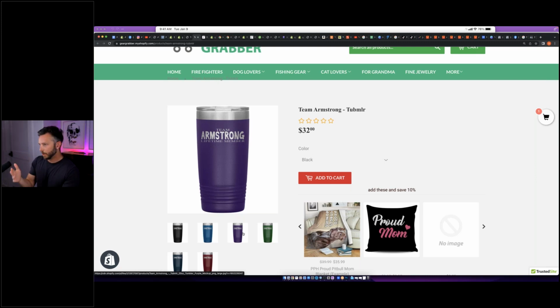They want a blanket, a pillow, or whatever, right? They're like, my cousin would love the Team Armstrong whatever. My mom would love it on a pillow to put in the center of the couch. My dad would love it on a bathrobe because he wears his bathrobe everywhere, right? So people will start buying different products. So the key here is to scale with last names, like more names equals more money, more products equals more money.